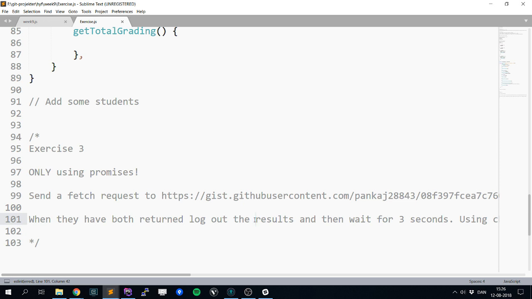We need the URL. Actually, you don't need to copy anything, because when you just do it,